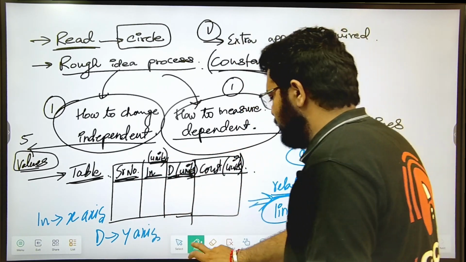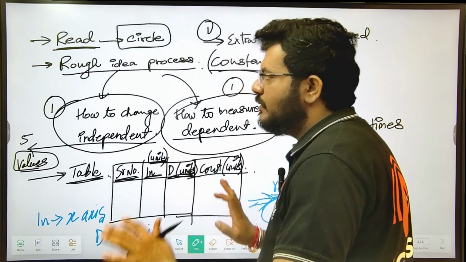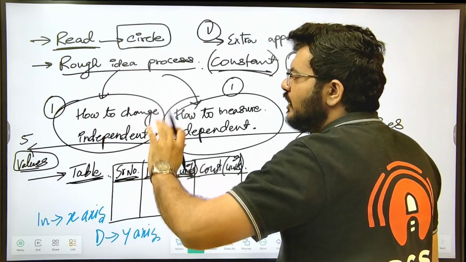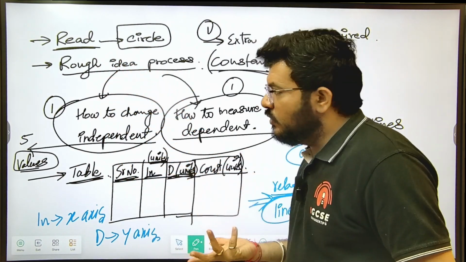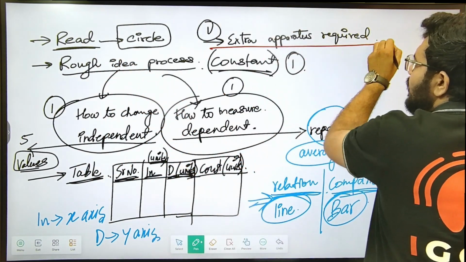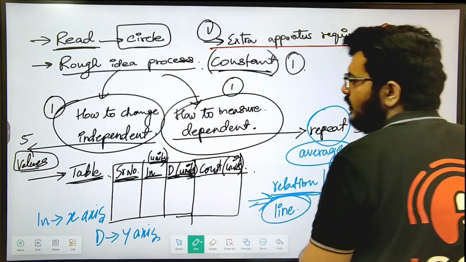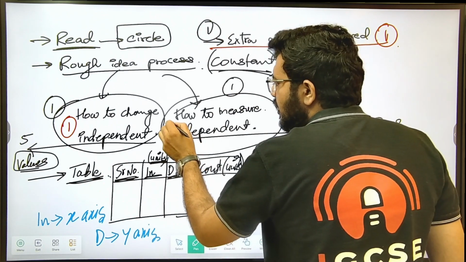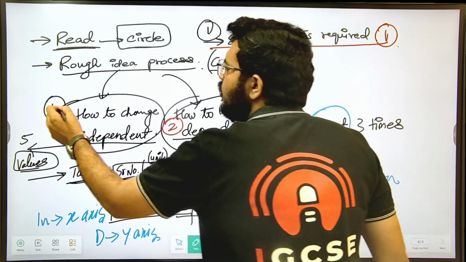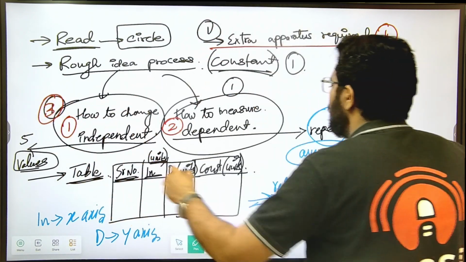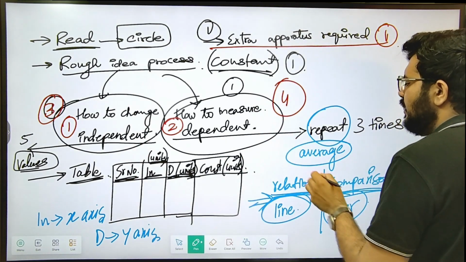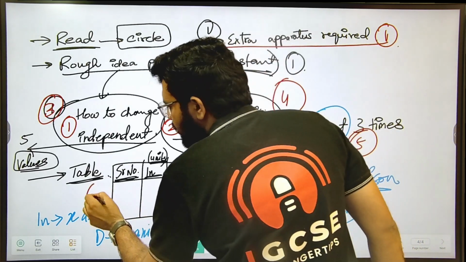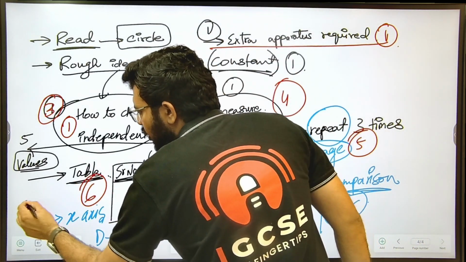Now let's find out. This is a 7 mark question. Reading and circling will not get you any mark. The rough idea process gets no marks. But extra apparatus required is the first mark, right? What will you change? That is 1 mark. What will you measure? That is the second mark. How will you change is the third mark. How will you measure is the fourth mark, right? Repetition and average is the fifth mark. Drawing a table is the sixth mark. Telling on what axis it is,